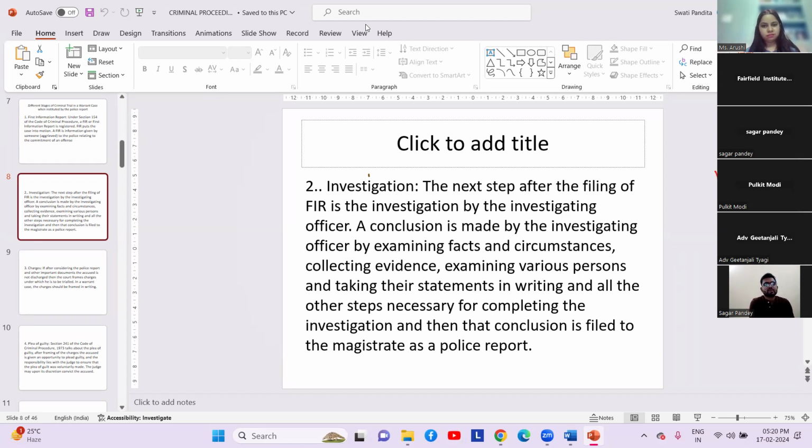Police can do justice and police can do so much injustice, and we as lawyers play a